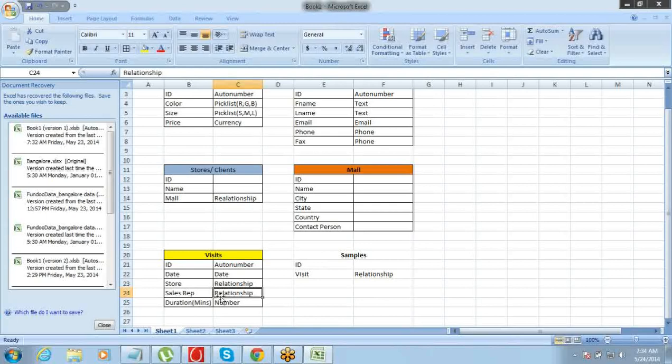Instead of creating a new object, if we add samples to our visit object, and if we give a relationship between visit and our first table, that product table, and if we give the product ID, so we can track accordingly.